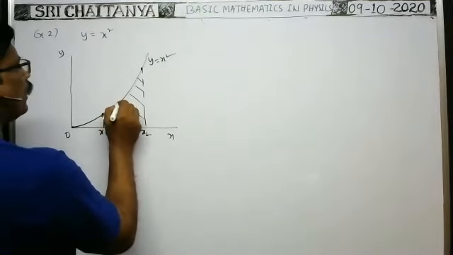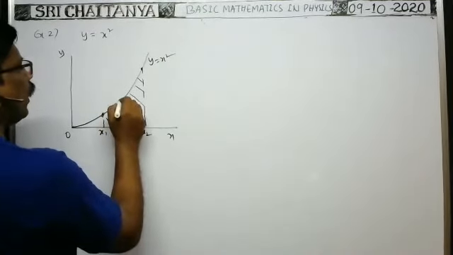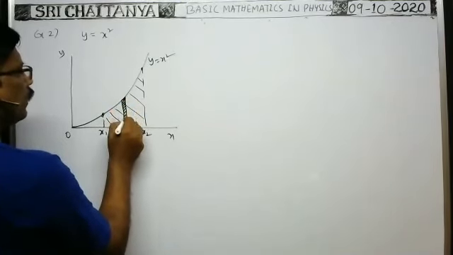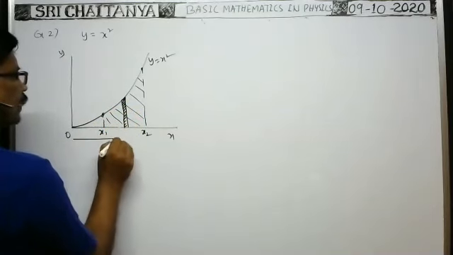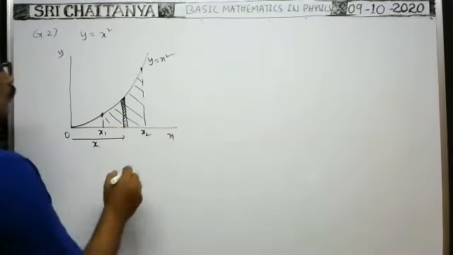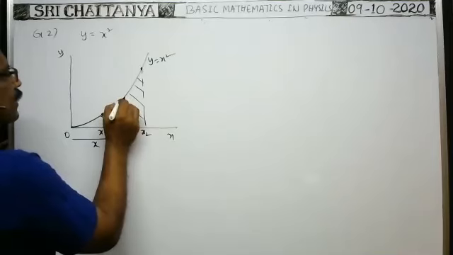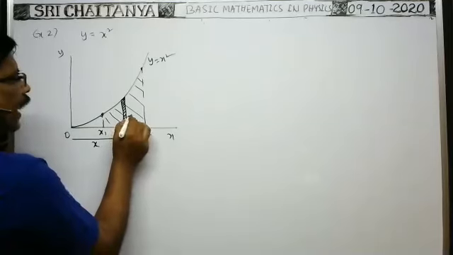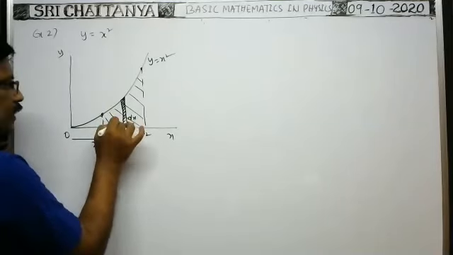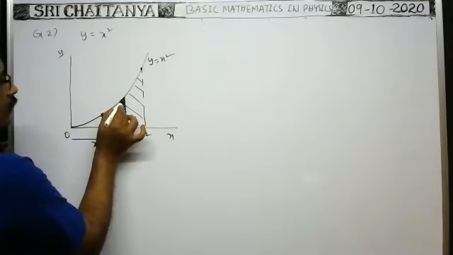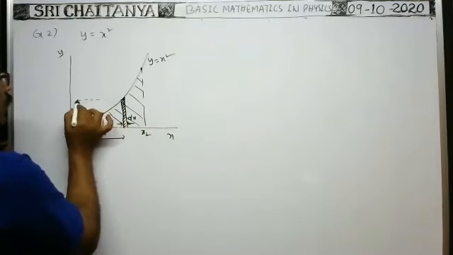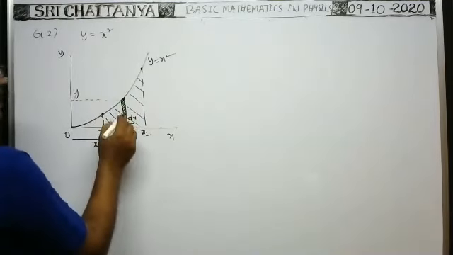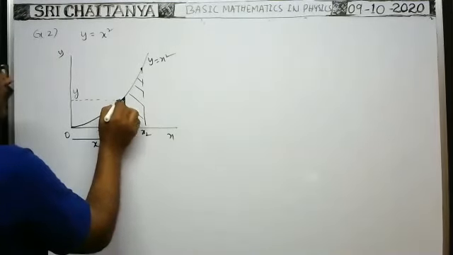You consider the small element here. You consider a small element on the graph, at a distance x from the origin. Exactly, as the small element is considered, its width is very small, that is equal to dx. As the width is very small, from the first end to the second end, the y value does not change. That y value is equal to y itself.